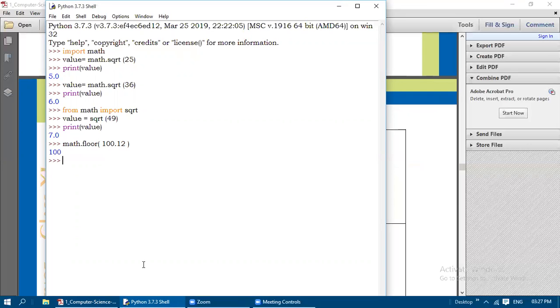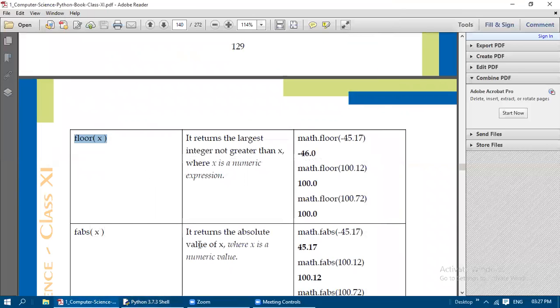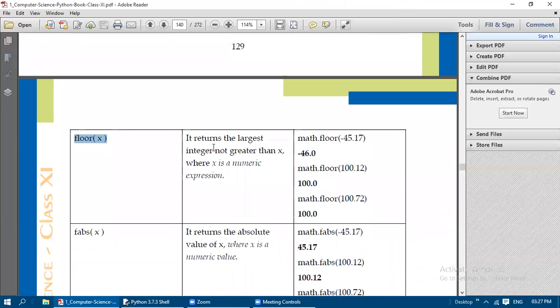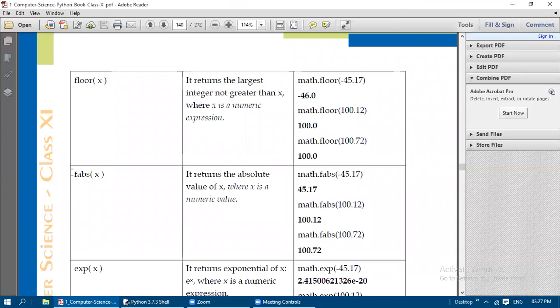See, 100 is displayed here. So ceil will return 101, and the floor function will return 100. It returns the largest integer not greater than x. Like that you can check all these functions in the Python interpreter.